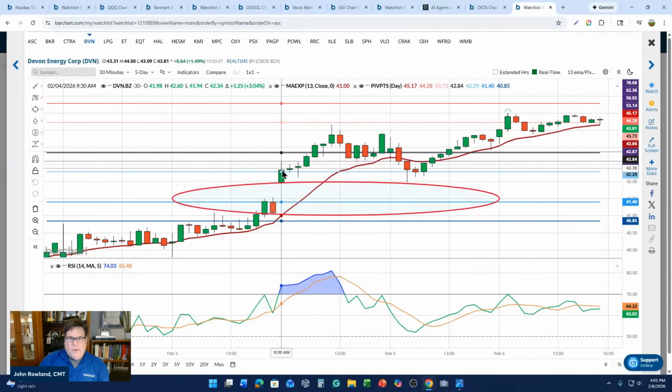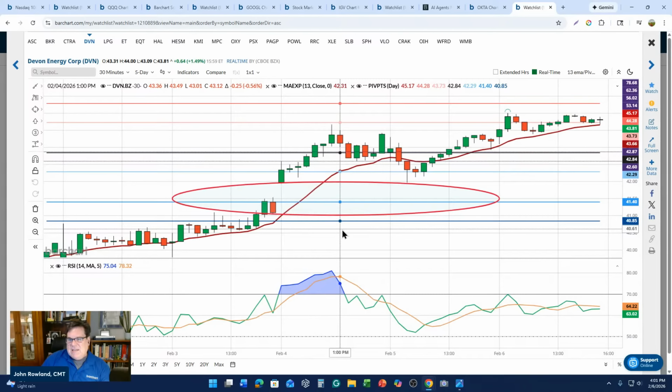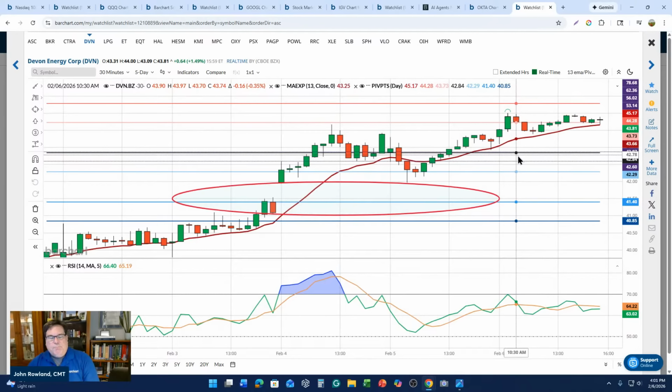Here's the morning candle where we opened up. And the rule basically of breakaway gaps is you wait for price to either get above the opening price or the high of the opening candle. And that would have been at 42.60. Now, I was working and things were going on and I wasn't really paying attention, and I kind of chased this one a little bit, but that's okay because this is going to be a long-term investment. So I'm in at 42.87. But again, here's kind of that confirmation of breakaway gaps. I really like these types of setups. So, again, I use my skill as a swing momentum trader to find a trading opportunity or better timing